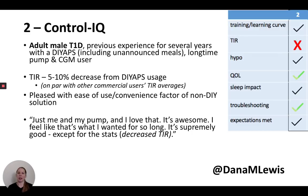The second user I got to talk to is an adult male who previously was using pump and CGM and DIY automated insulin delivery systems as well. Overall, he actually saw a decrease in his time in range, which was a little bit surprising, but when I probed into the numbers, his overall time in range with the commercial system was on par with all of the other commercial AID users. In general, he was really pleased with the ease of use of the commercial system